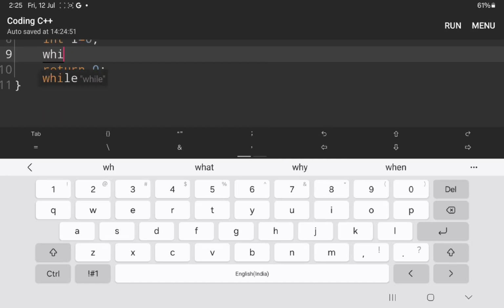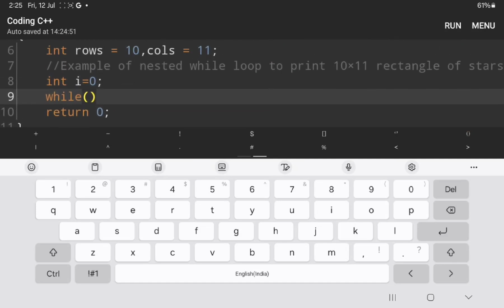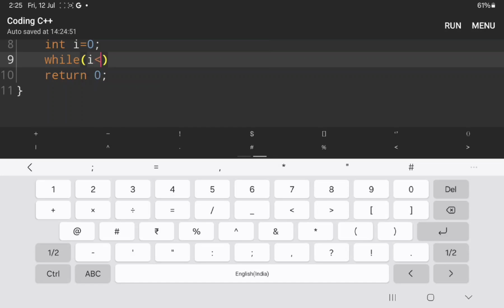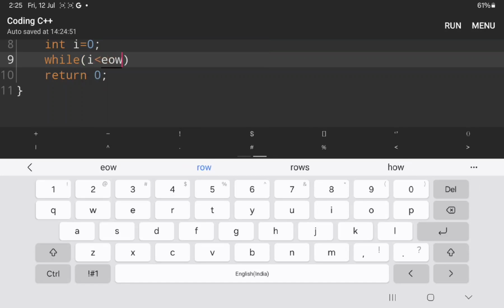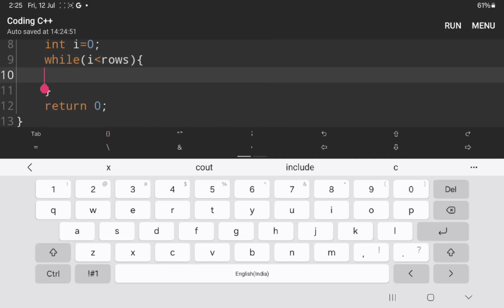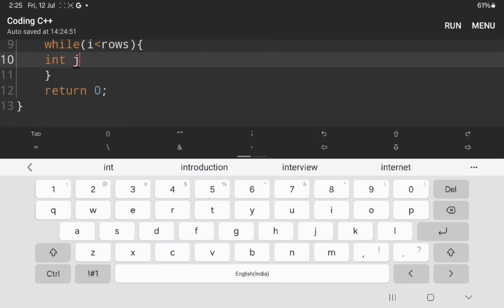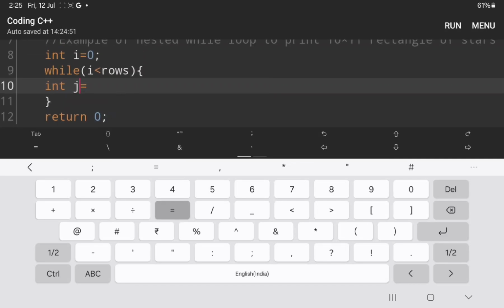And I'm going to write while, and in braces I'm going to write while i lesser rows, and in curly braces I'm going to declare a variable called j, and I write int j equals 0,